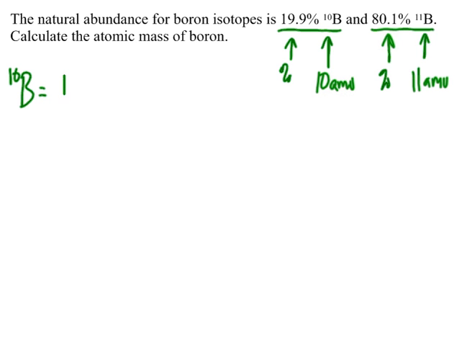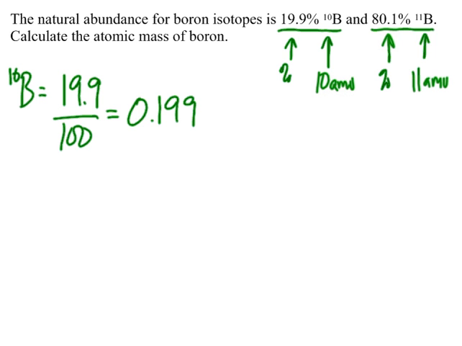Okay, for boron 10, I'm going to go 19.9 divided by 100, which gives me 0.199. This is going to be important for sig figs, so make sure that you get rid of the percentage and divide by 100. Same thing for the boron 11. I'm going to take 80.1 and divide it by 100, and I'm going to end up with